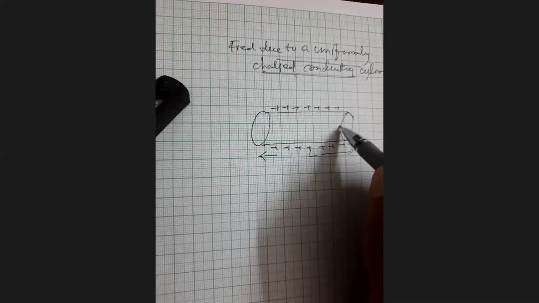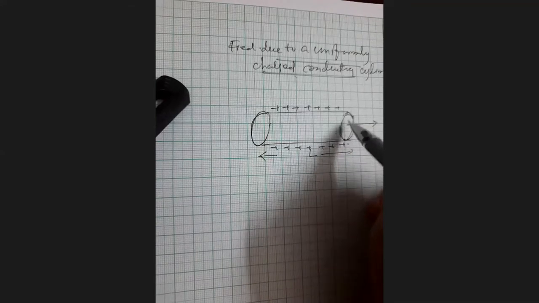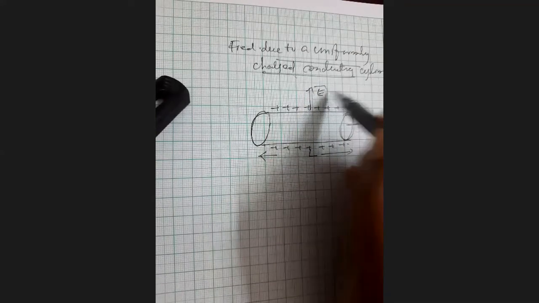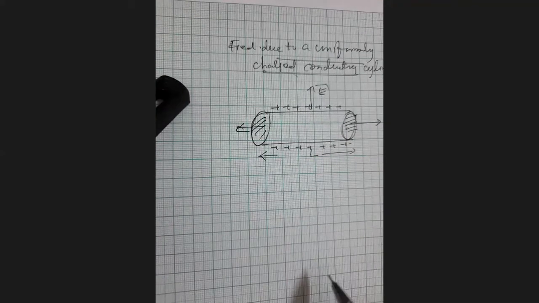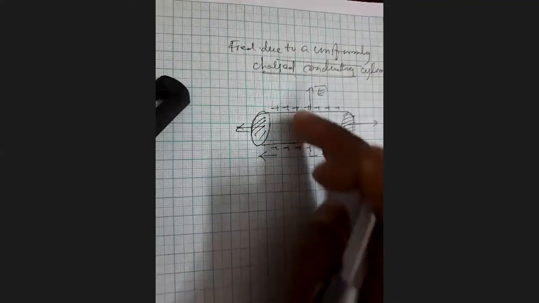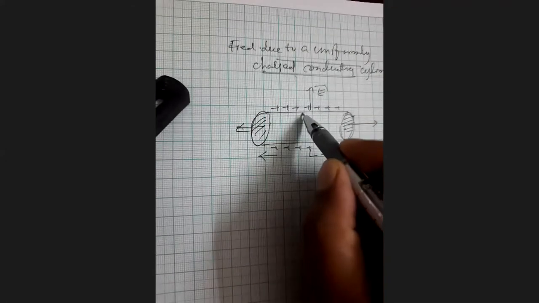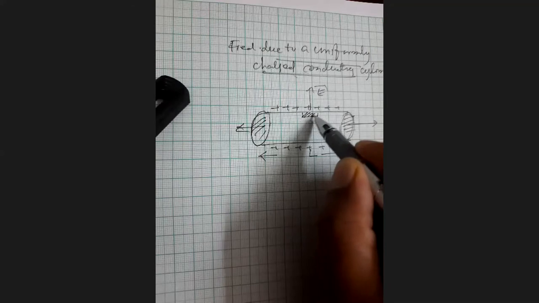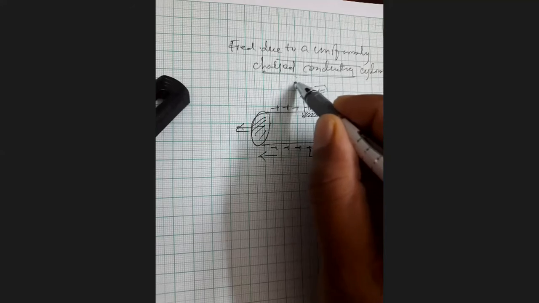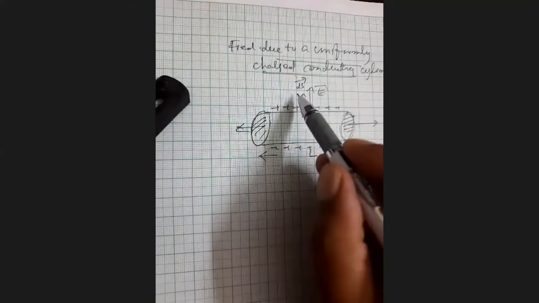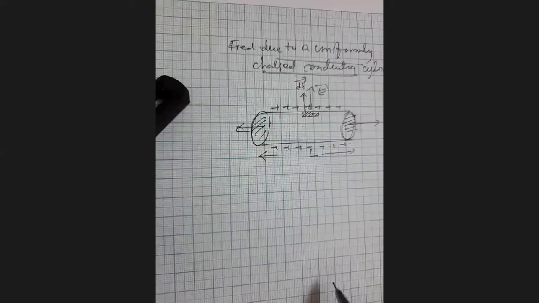Okay. So for these two circular areas, the direction of the area vector is perpendicular to the direction of electric field strength. Hence, there will be no flux through these circular area elements. Only the flux will come out from the curved surface. If you consider a small area element here, then the direction of area vector dS is perpendicular to that, so dS and E are parallel. The angle between E and dS is 0 degrees.